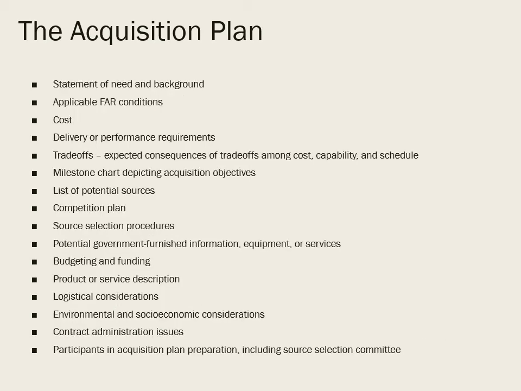All of this information from acquisition planning goes into a written acquisition plan, and this is what covers your ass if the agency gets sued. So the acquisition plan has to include everything on this list. State the agency's need, background information, FAR requirements, expected costs. Got to document any trade-offs, which helps when a lower priced bidder sues because they didn't get the contract. If you've got documented trade-offs the agency is more likely to win the suit.